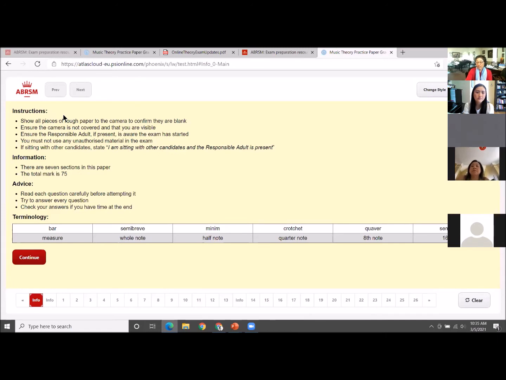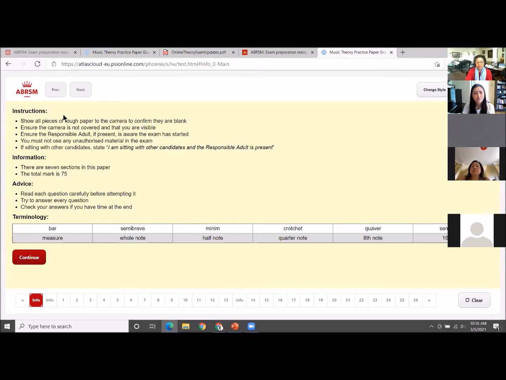You see this button, End Test. When you click on that, it's not the end of the world yet, you do get some warning. But ending the test means you have completed it, you're satisfied with it, and it's time for you to review the whole test. There's a clear button that lets you redo something.